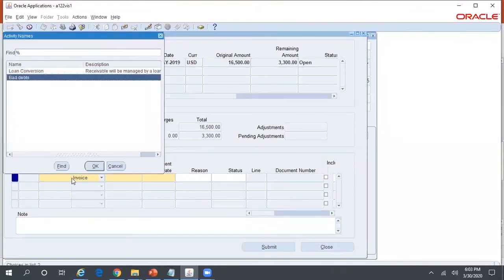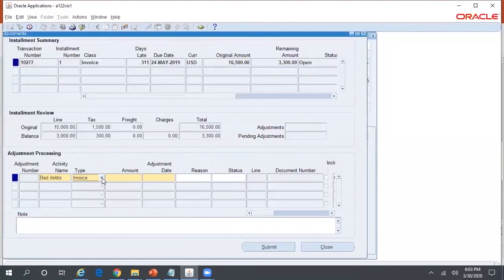So I'm selecting receivable activity of say bad debts, and I want to create a line level adjustment of say, I just want to decrease the balance by say $200. I'll just say minus 200. And I already have required approval limits under Reliance Telecom against this particular currency, and hence as soon as I enter an adjustment, automatically the status is in approved status. If I do not have required approval limits, then the normal approval process follows, wherein an approver of the adjustment needs to log into maybe your accounts receivable responsibility and then approve the adjustment.